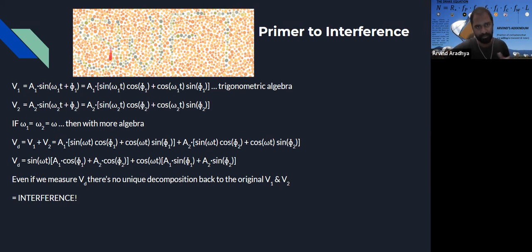That leads to this kind of interference, and I'm not able to tell the text. This is exactly the same process, the same math, that happens with interference in electromagnetic waves.